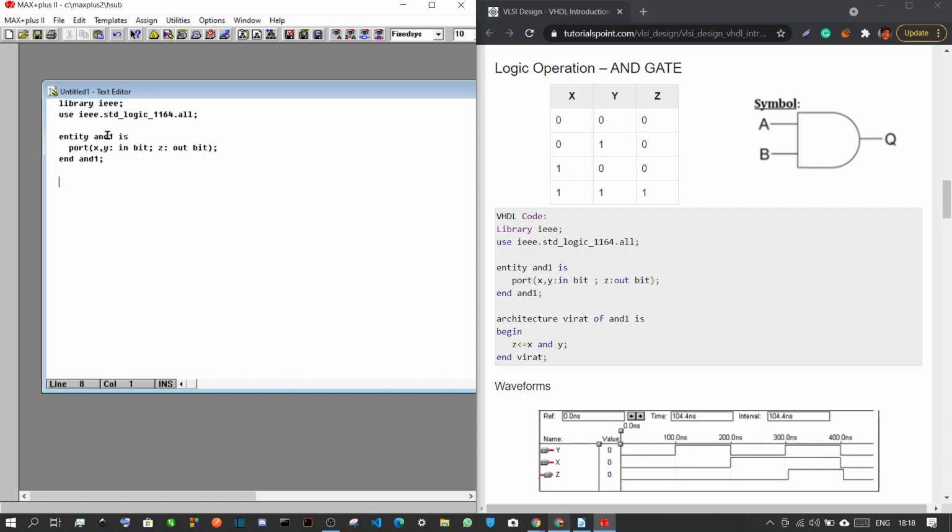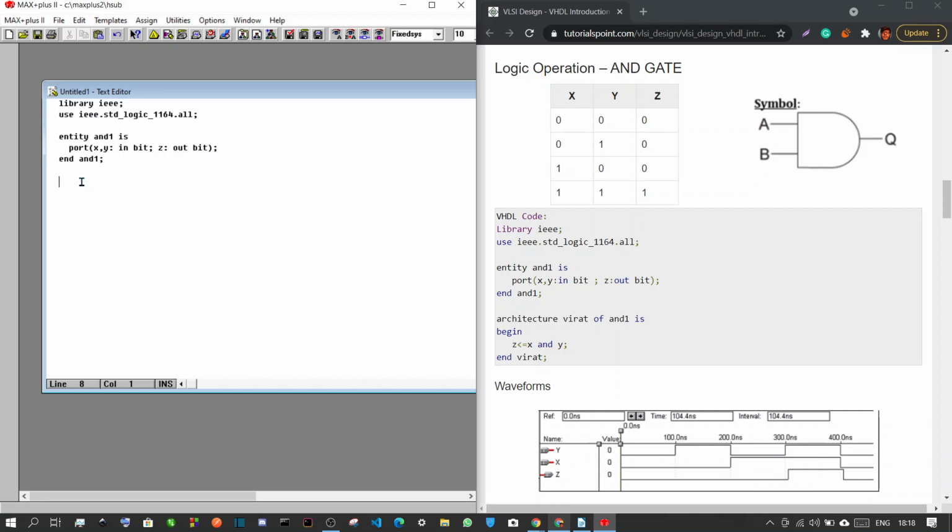So the architecture basically means how these input ports and output ports will interact with each other. What will be the calculation, what will be the equation for getting our output. Now since this is an AND gate, we'll have to use the keyword AND, right?